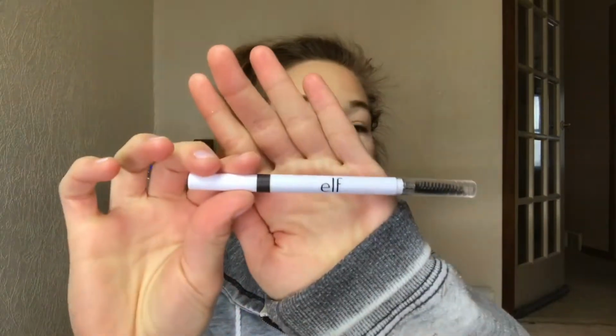So I'm going to put this on the cheekbones, on the nose, on the cupid's bow, a little on the chin, and then on the forehead, just to kind of give myself that all over glow. I am taking the e.l.f. eyebrow pencil. I told you guys it was an e.l.f. day,